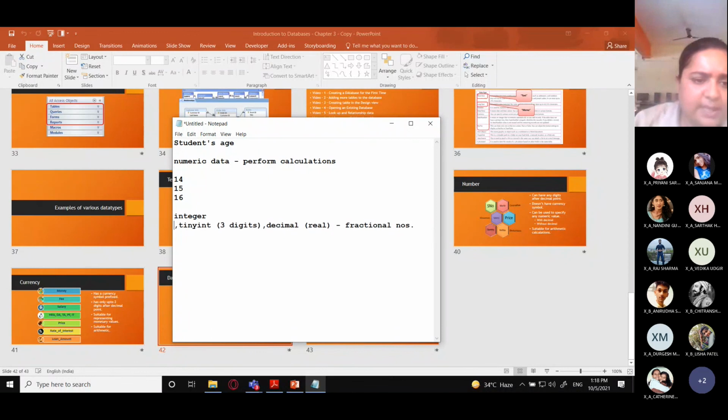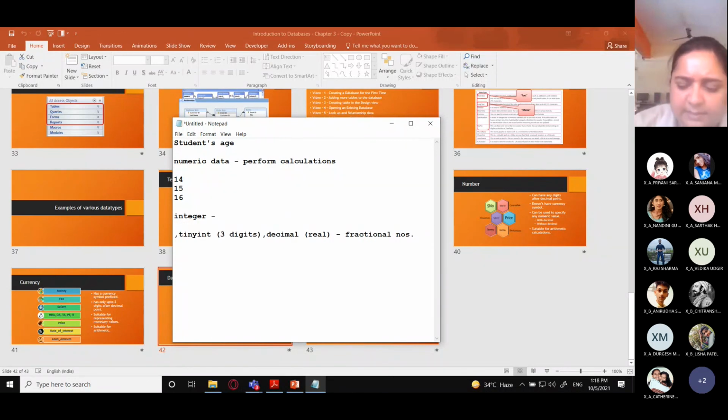So let me give you an example of each. Integers are like these. You can have positive integers 1, 2, 3, 4, 45, 13, 98, and so on, up to any number. Then you can have negative numbers, -1, -2, -45, -78, up to any number, and you have a 0.